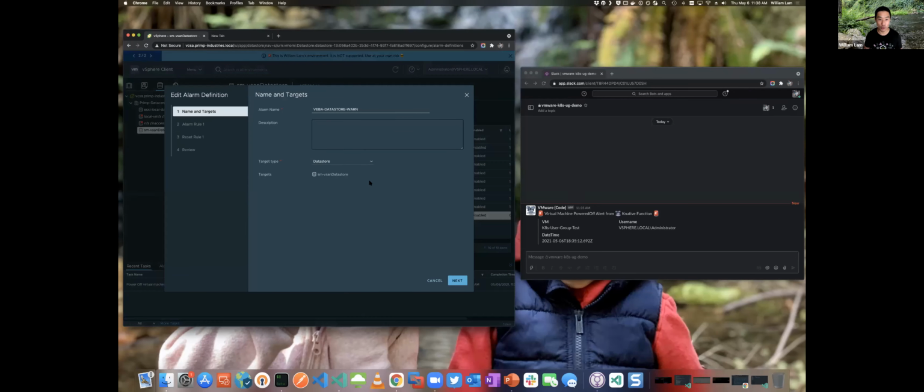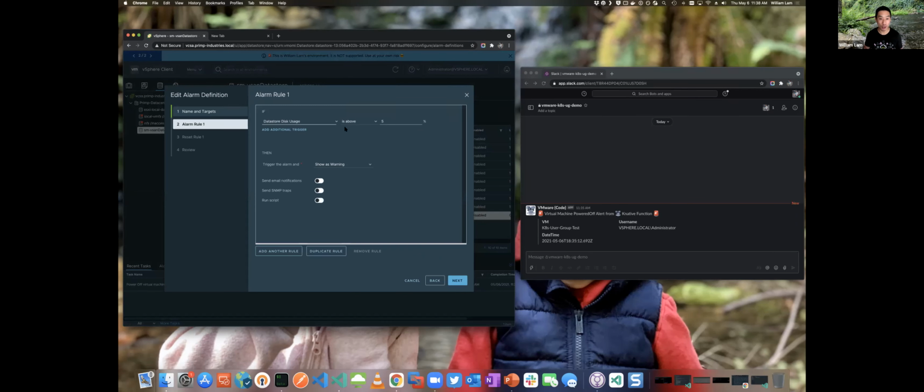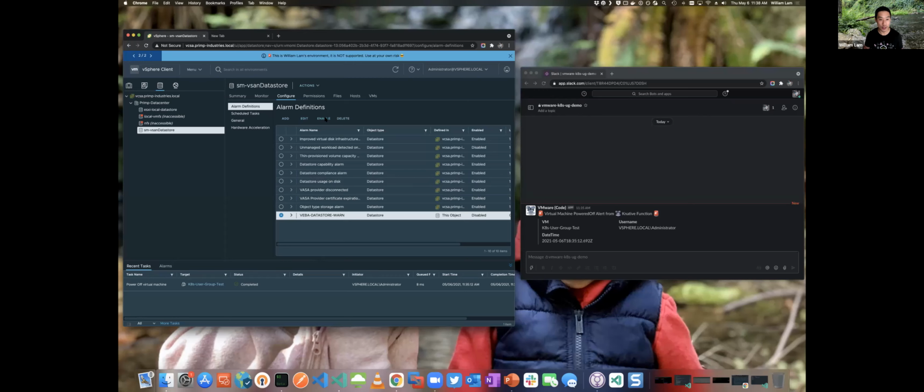It's based on the data store type, and the alarm definition today is data store usage above 5%, so this should hopefully get activated. I have two different options on the trigger, so I'm going to set it as a warning. When I enable this alarm, it should hopefully trigger, and we'll show you the exact same example where the alarm actually gets kicked off.